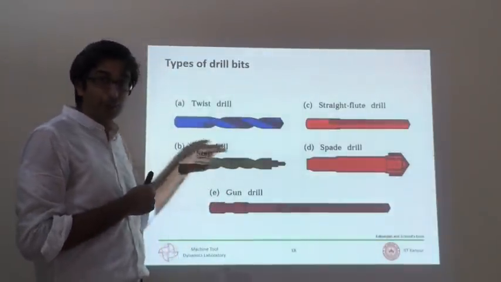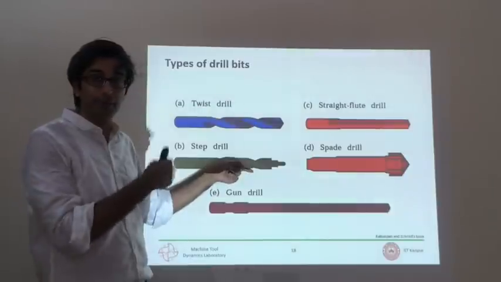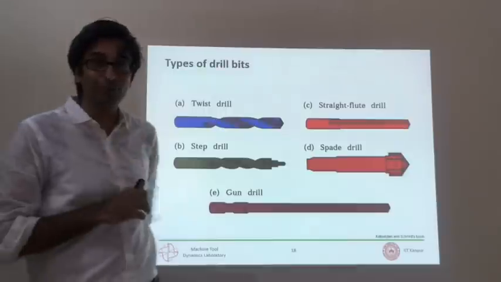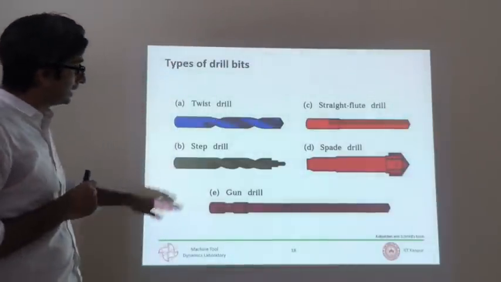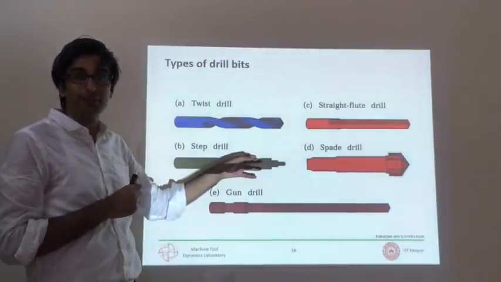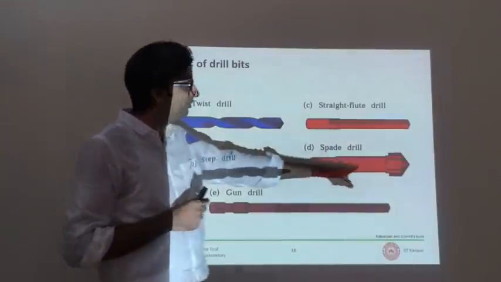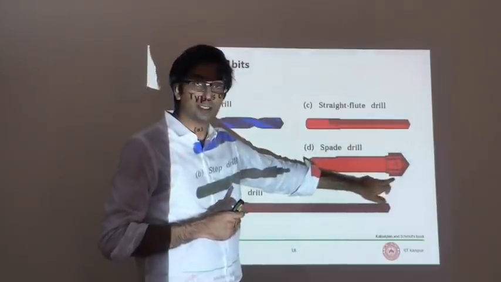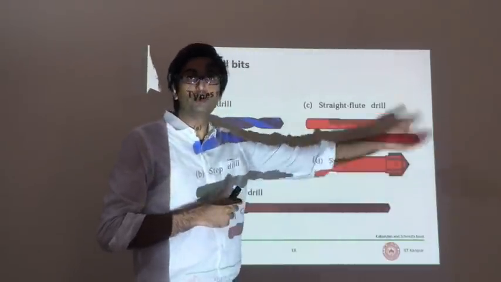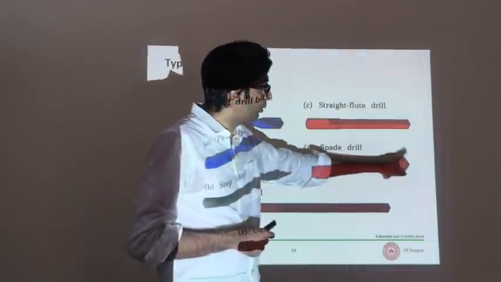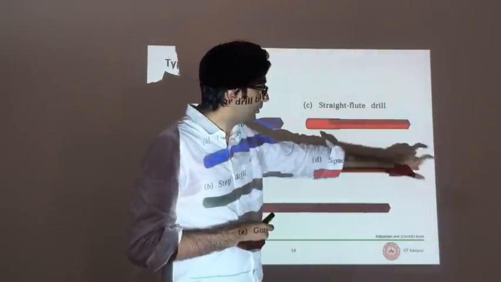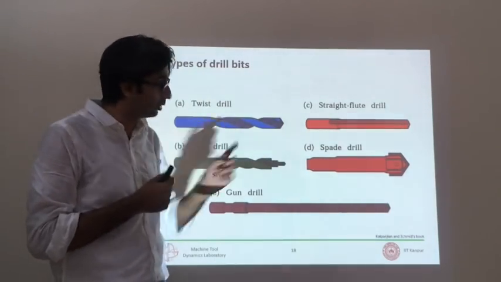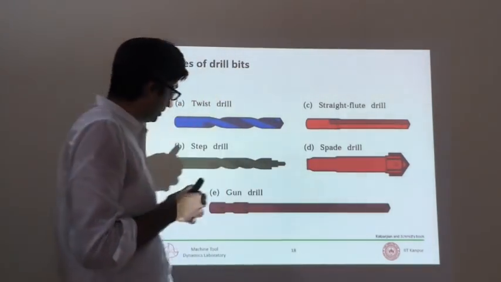But because they are made solid, right, they're made of one rod, machined out of ground out of one bar. Grinding is another machining process, we'll not talk about it here. If they break, it's sometimes difficult to replace, also expensive. So we prefer spade drills in which only the drill bit at the bottom is detachable. If one of the edges breaks, you just remove this and put another modular drill bit at the bottom and you cut with that. That's also possible in spade drill.